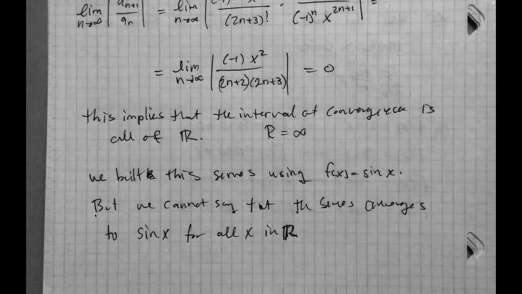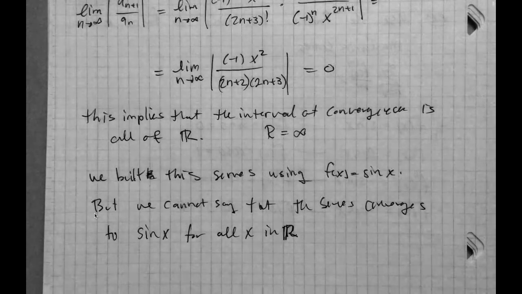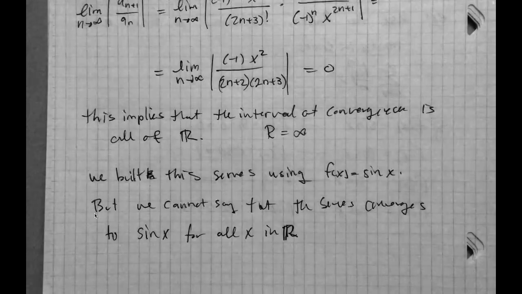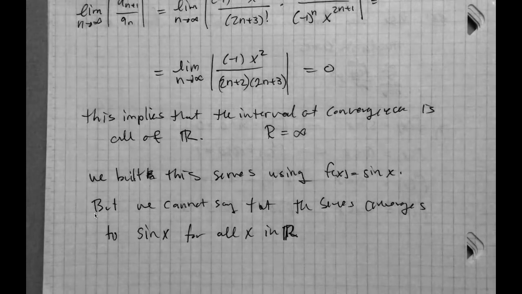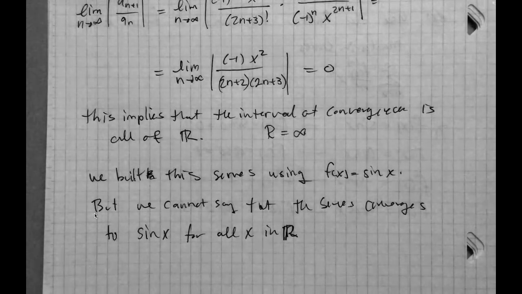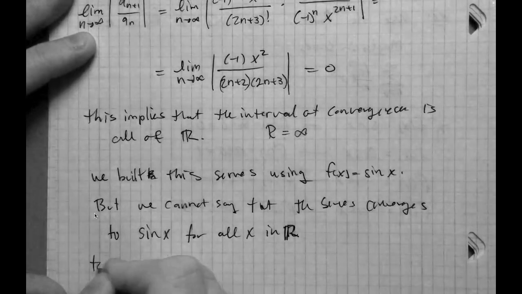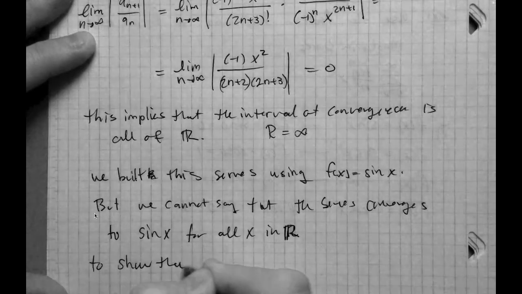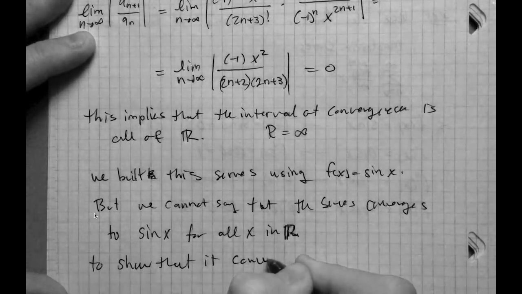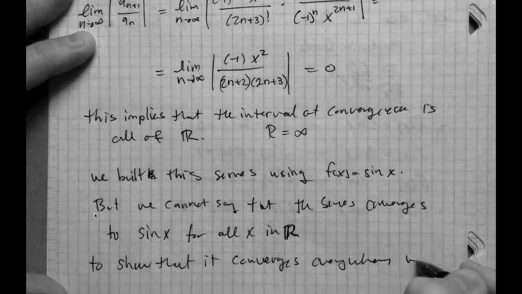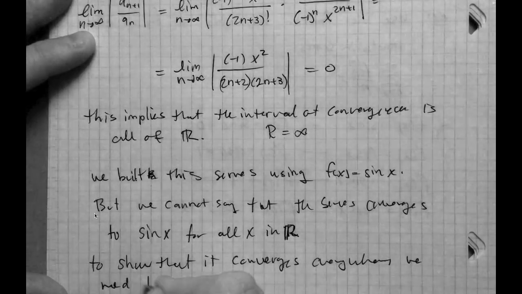What we can say is that it definitely converges to sine of x at its center. That's what it's built on. Now, whether it converges everywhere requires a little more work. To show that it converges everywhere, we need to prove something